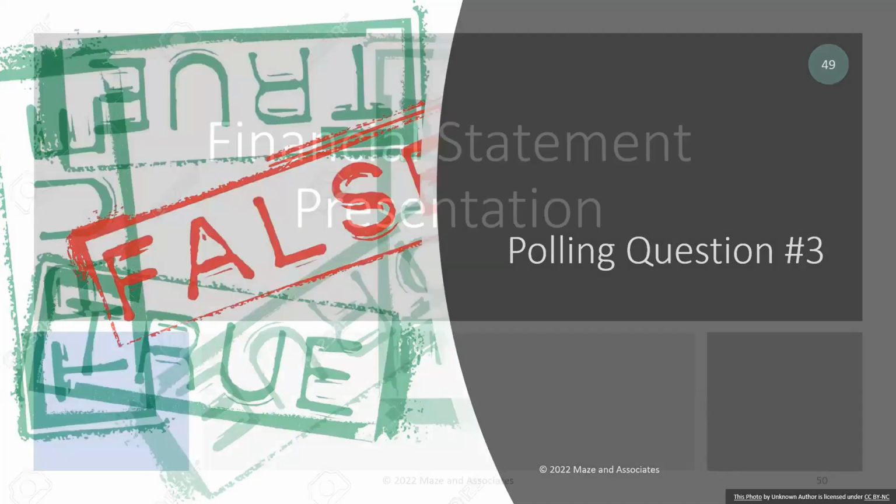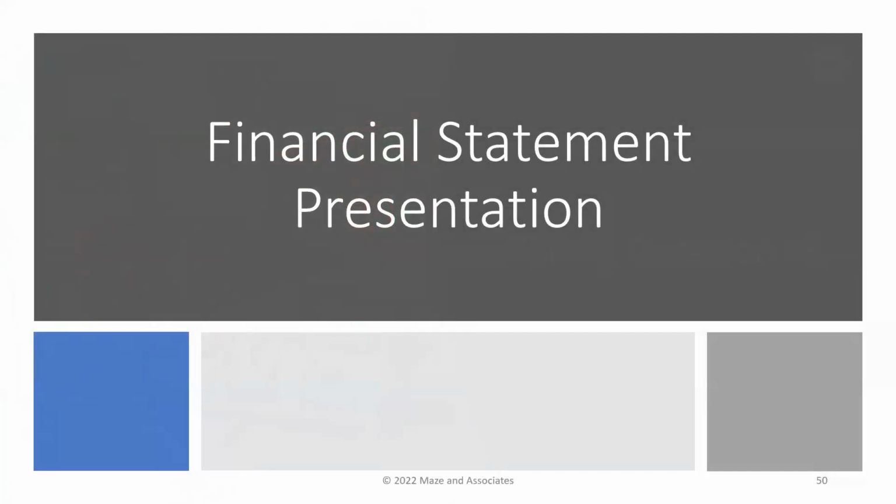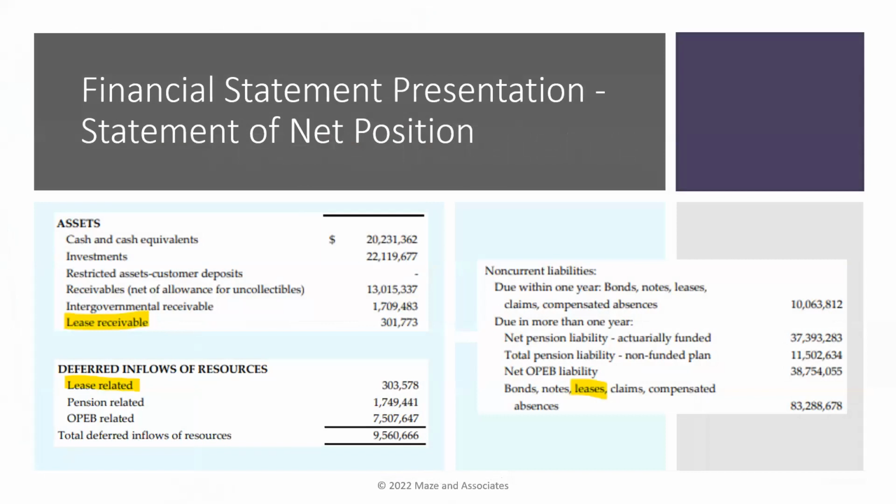Okay, let's see. So financial statement presentation. Wanted to give you the visual of what it's going to look like. Where is it going to hit in your financial statements? So we snipped these snips that you can see. I know they're a little small for you, but they're from GFOA's example ACFR. And for those of you that don't know what that is, you can Google GFOA Appendix D, and it's an example ACFR. They used to put it in the middle of the Blue Book, but now it's online and electronic because they want to be able to update it as new GASB statements are issued.